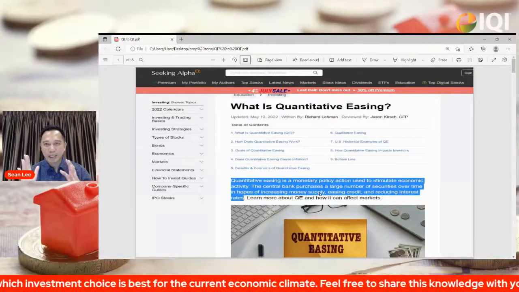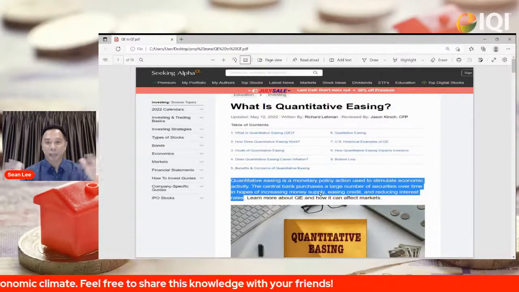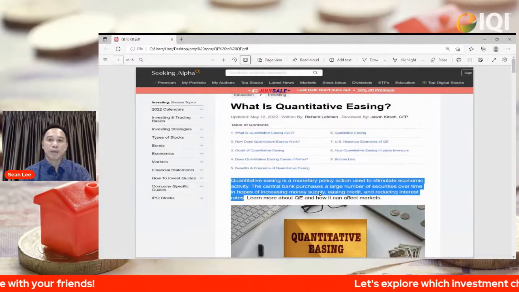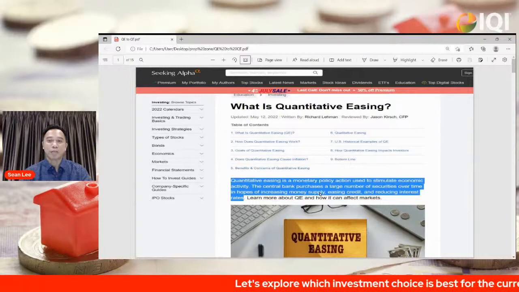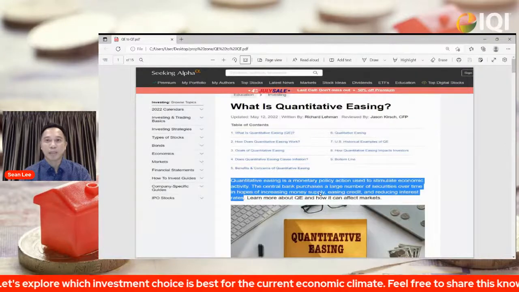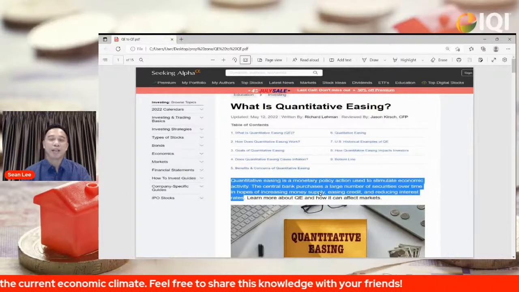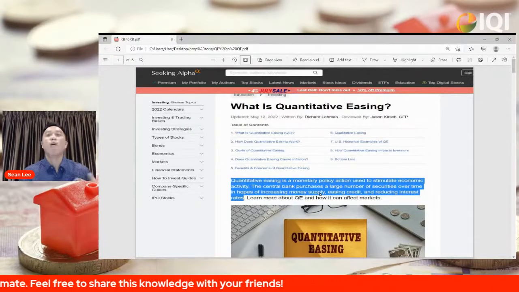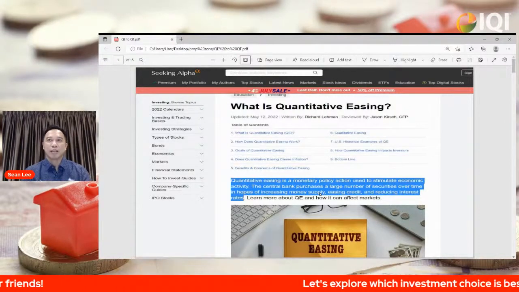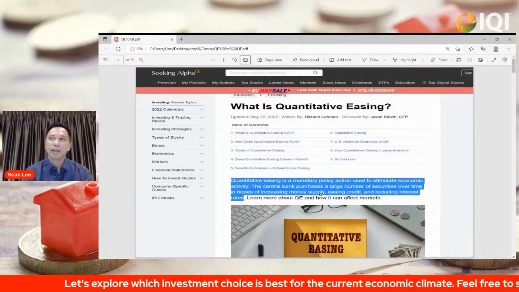Basically, how it works in layman's terms is that when the U.S. government issues bonds, the central bank, which is the Fed, does not buy directly from them. They will actually buy from the secondary market. Very simple. When the Fed needs to buy something, they need to use money to exchange. So when they buy the secondary bonds from the market, they need to pay with money, their own printed money. In this case, when they buy something from the secondary market, they will actually push and pump the money to the market through the banking system and so on and so forth.